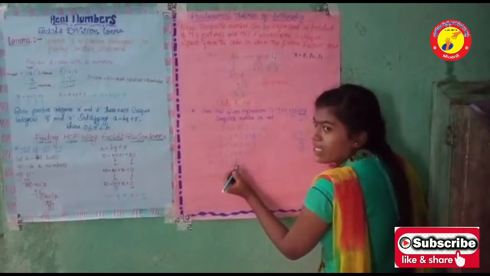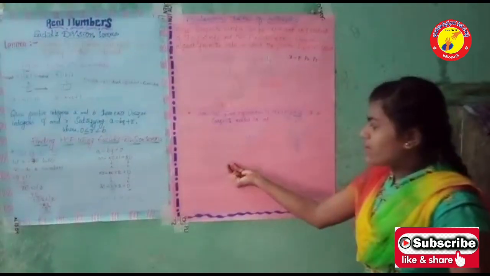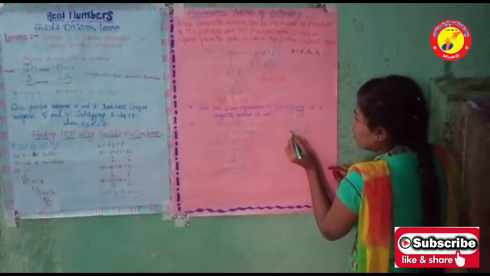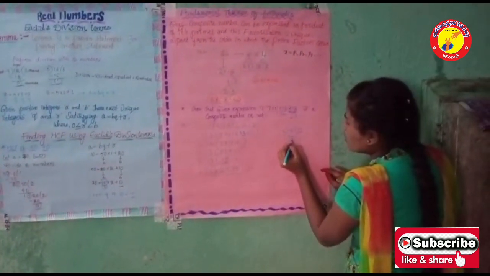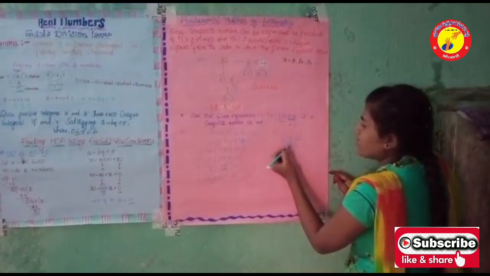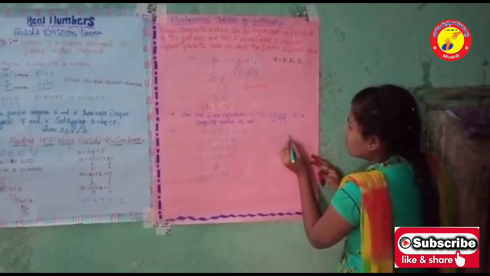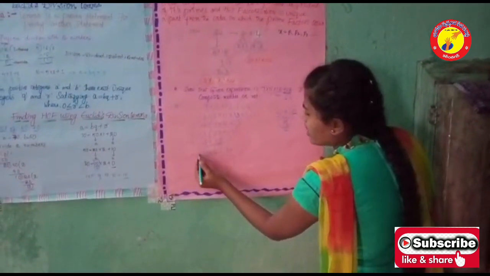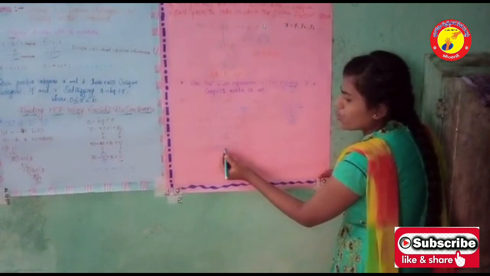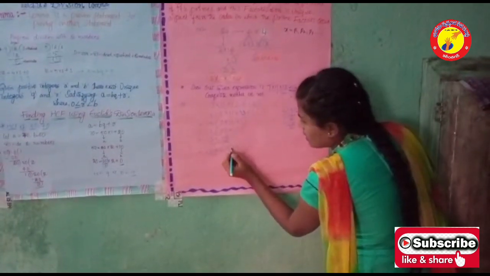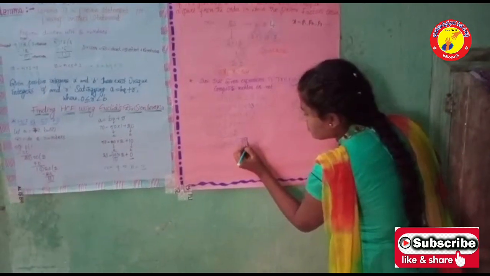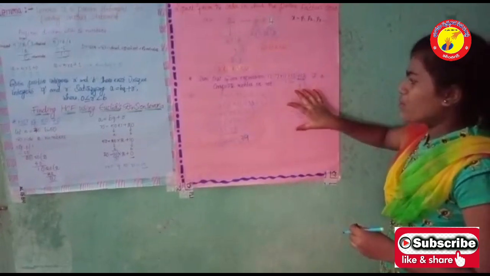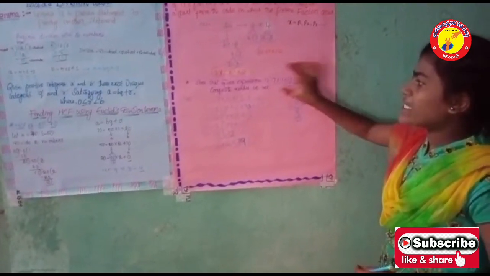So 13 into 78. Dividing 78 by 2, 2 threes are 6, bring down 8, 7 minus 6 is 1, 2 nines are 18 and 0 will be the remainder. So we get the expression 13 into 2 into 39. Hence 7 into 11 into 13 plus 13 is a composite number, as it can be expressed as a product of its primes.